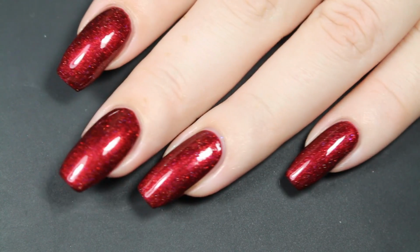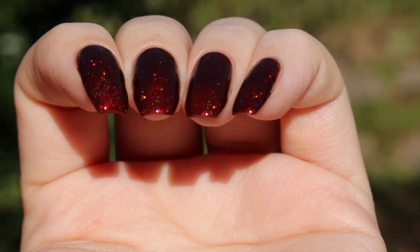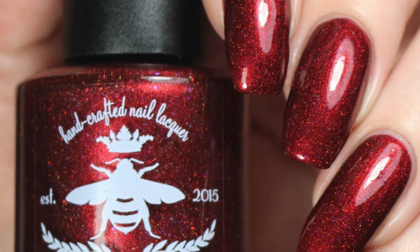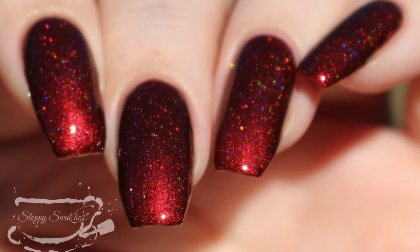This one does dry down nice and glossy. A good top coat is going to bring out all of that holographic glitter though. So here's a view from another angle in direct sunlight with top coat. I really can't say enough good things about this polish. It's just absolutely stunning. This is my swatch photo under artificial lighting, and then once more at an angle in